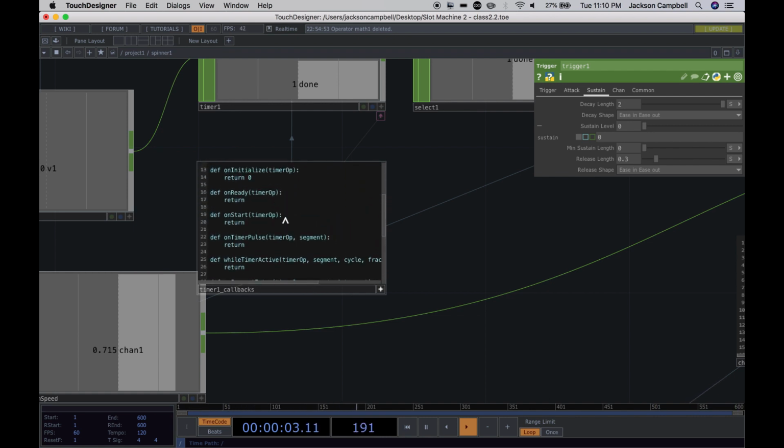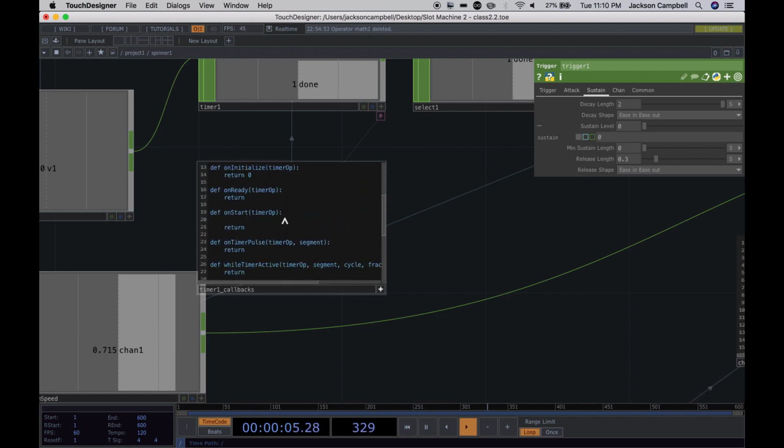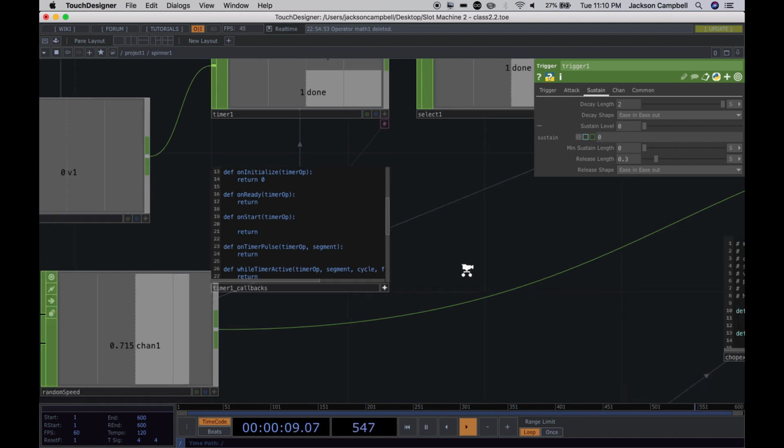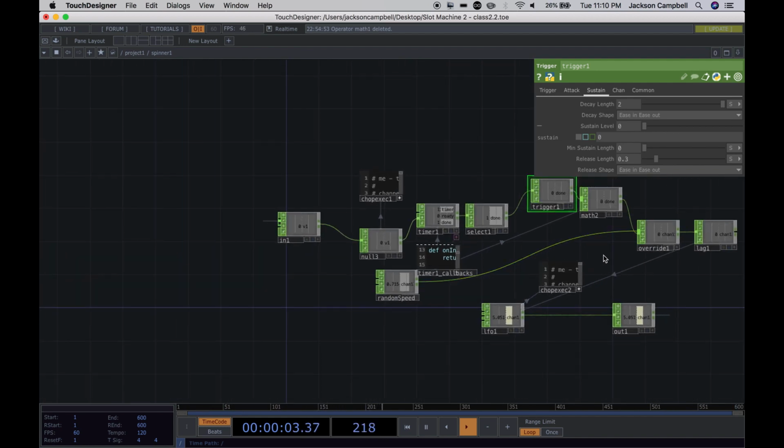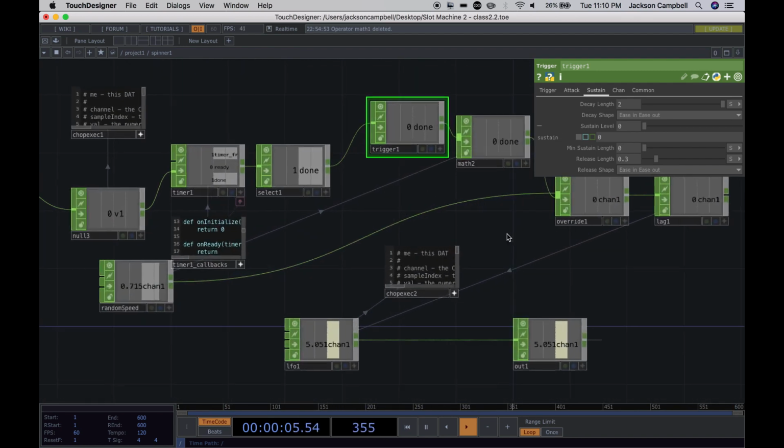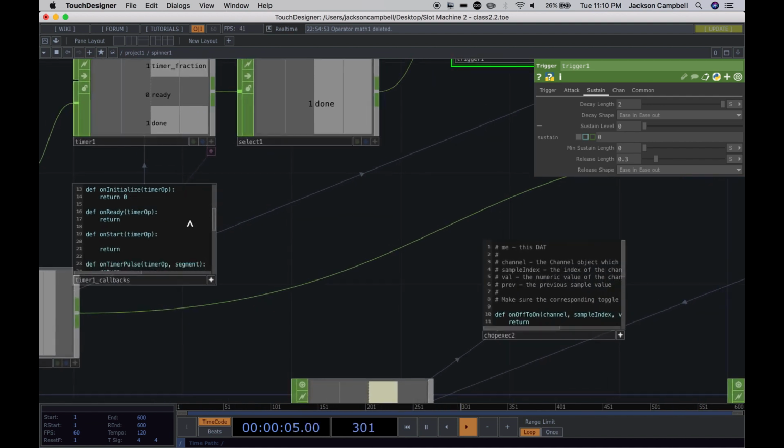We're going to say when this starts, we're going to adjust that sustain parameter. So tab in, and we need to say we have something called chop exec enable, or is that in my file? Oh, that's later. Okay. There it is. Op trigger 1. Okay, so here on start,